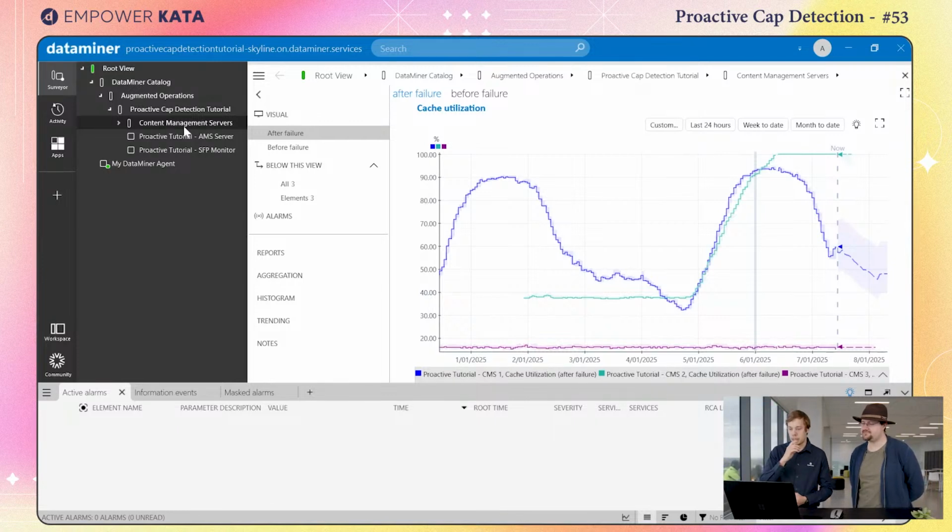Okay. Perfect. All right. So we have 3. So we have the blue one, that's the first server. You see that one is going up and going down a bit. Yeah. It goes up quite high, but then it goes down again. So that's not a problem. That's fine. Okay. The purple one, that's also fine. It's at a pretty low, stable level. The green one, normally it's also stable,